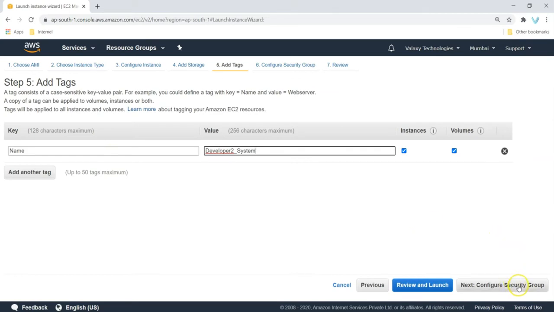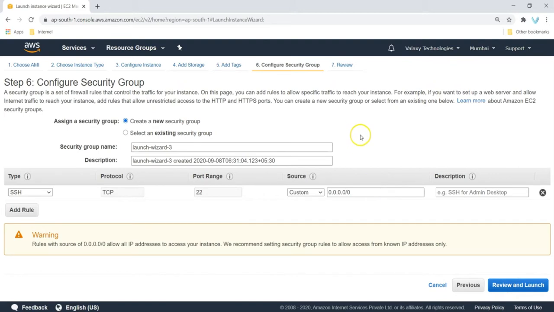Next, Configure Security Group. Security group is nothing but a firewall which allows traffic to connect to your instance. In this case, I'm just going to create a new security group. I will name it Git SG. Sorry, Git SG. And by default, we are opening port number 22. Port number 22 is the default port to connect to our Linux systems. Anyway, I have already explained all this stuff in our